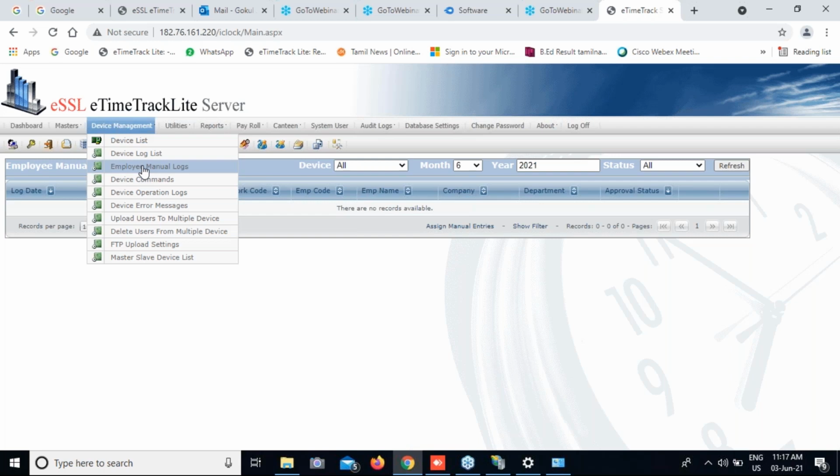Sir, can we put a privacy policy over the different devices, if multiple devices are added in the same software? Can we apply a privacy policy for different users to view the employee list of a particular device only? Privacy policy in what sense are we expecting, sir?